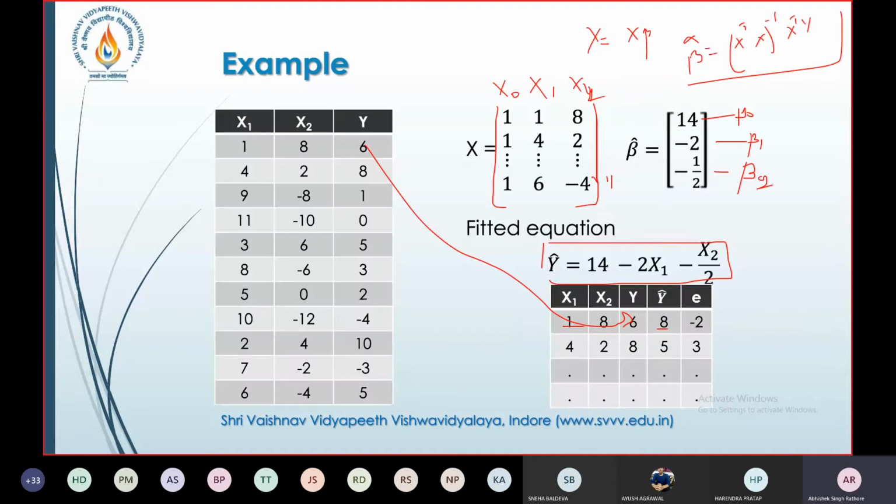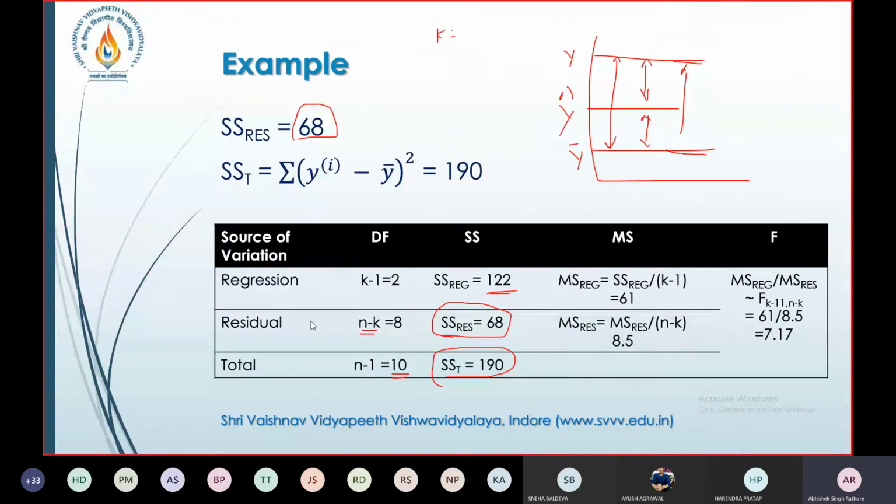Again going to this equation, the total number of betas available is k. Right from these matrices, how will you calculate the value of k? Any responses from anyone? Beta is just a k cross 1 matrix. So what is the value of k? 3, sir. Yes, this is 3, because this is beta naught, beta 1 and beta 2. So this is my value of k. So 11 minus 3 is equal to 8.